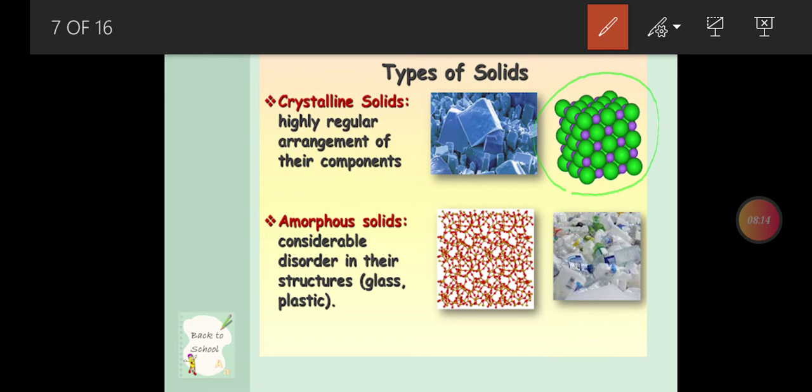They are crystalline solids. On the other hand, we may also find some solids which do not possess regularly arranged particles. They do not have a fixed shape, like glass, like plastic. They do not have a 3D regular arrangement of atoms or particles in them. They are called amorphous solids. So 2 well-defined classes are there: crystalline solids and amorphous solids. You should be able to differentiate between the 2 types of solids by their name and by their properties as well.